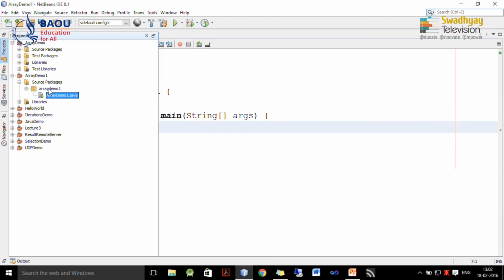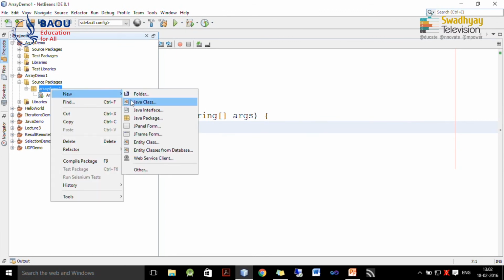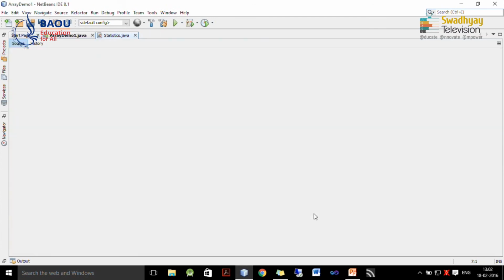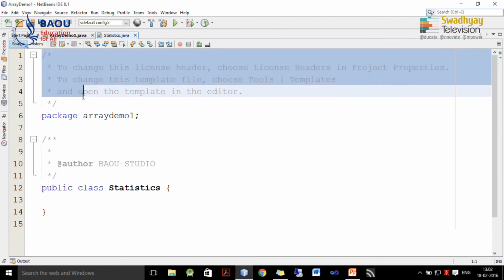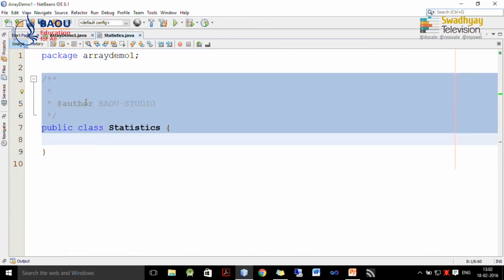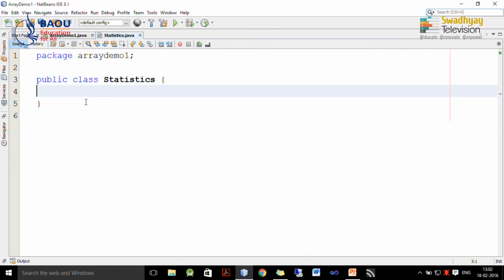Now, inside this we will create a new class with the name Statistics and then we press finish. So, inside this we write down the first program, which is to find sum, maximum, minimum, etc. So, here is our class. Inside this we are going to write the main method